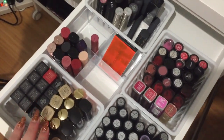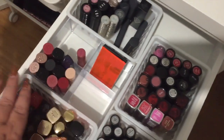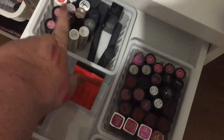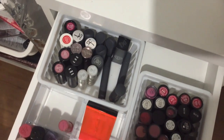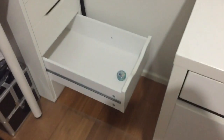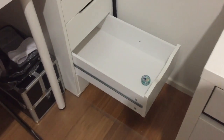Okay, so I've got my sort of luxe high-end ones here. I've got my MAC, I've got my drugstore, some more drugstore here, and then I've kind of got the middle of the range, halfway between, but sort of luxe. So very exciting. And it means that that entire drawer is empty, which means I can sort out my palettes. But it also means that this drawer underneath,